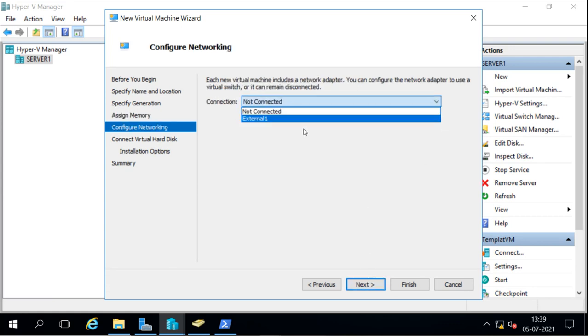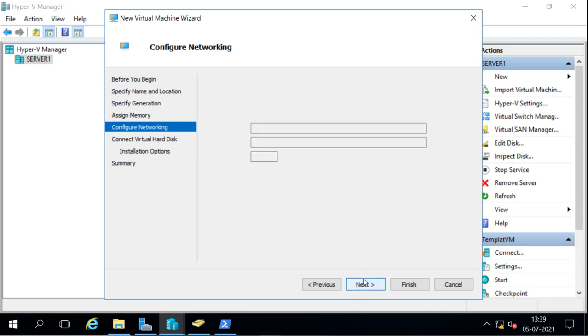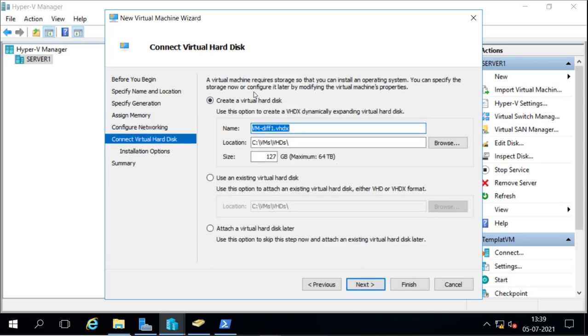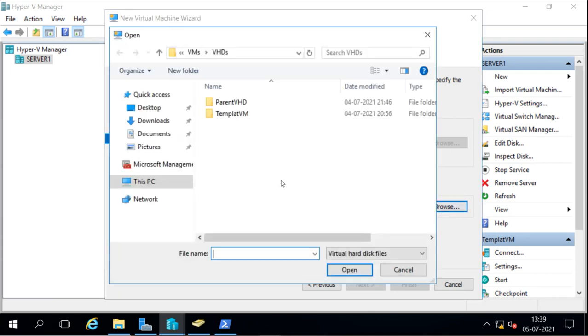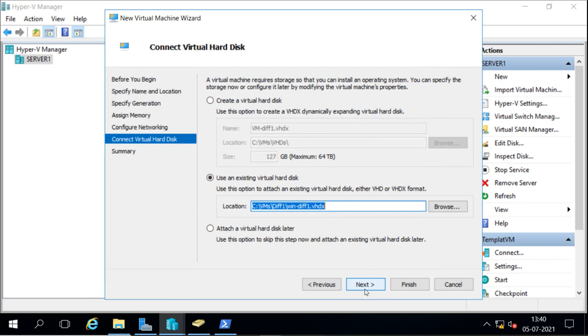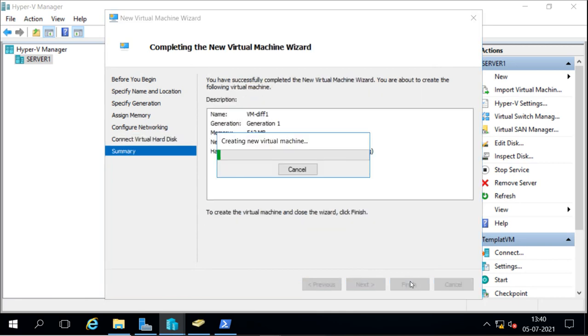I will not use a new disk, I will use an existing one and browse to select the differentiating disk, diff1. Remember, the size of the disk is only 4 MB. Next, and finish.